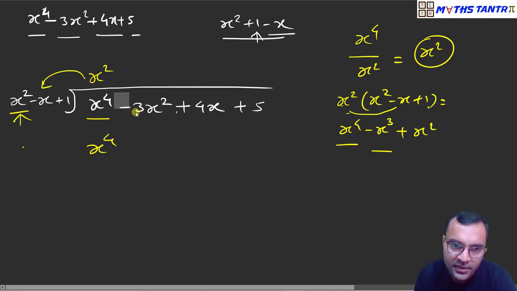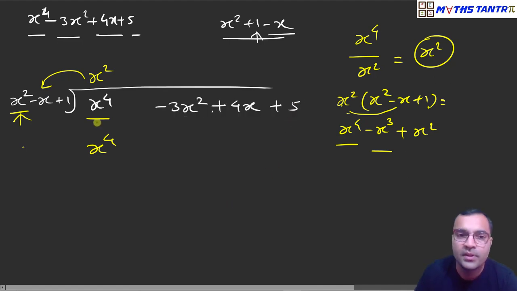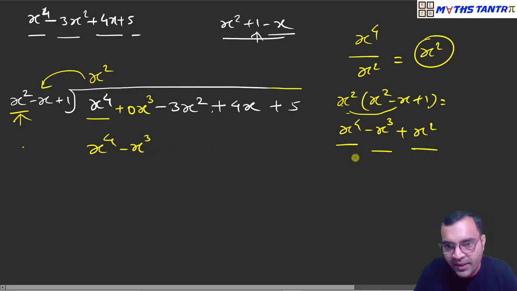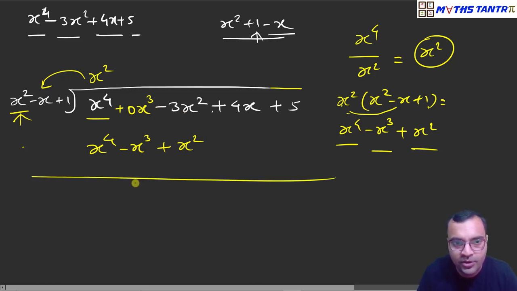For that, what I said in the last class, if any term is not there, introduce it with 0. Here x cube is not there, that's why I'm introducing it with 0. I can write 0 into x cube, 0. So it will not make any changes. We are doing only the adjustment. So now you can write minus x cube here. x square should be below x square, 3 minus 3x square, right?